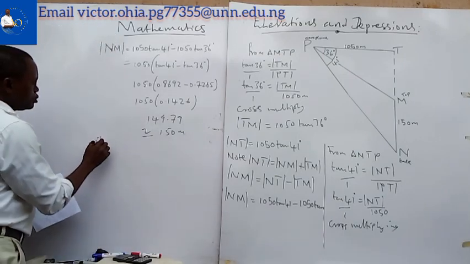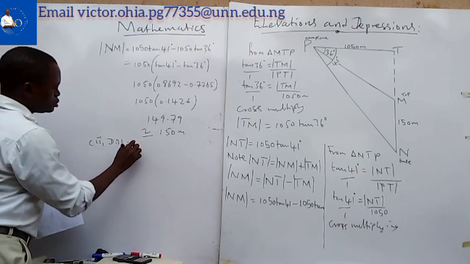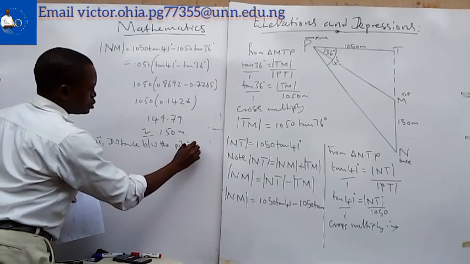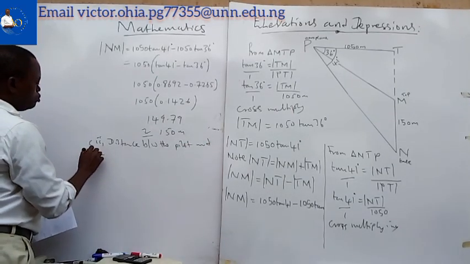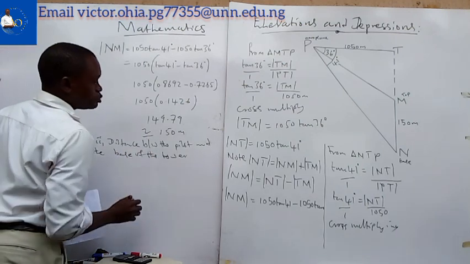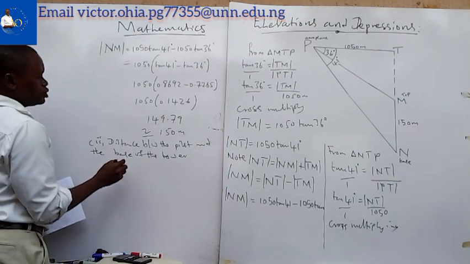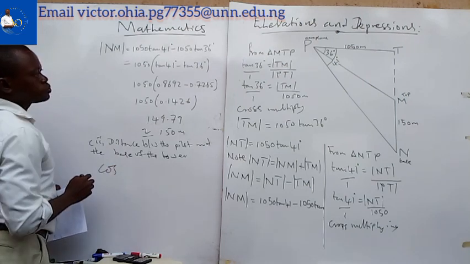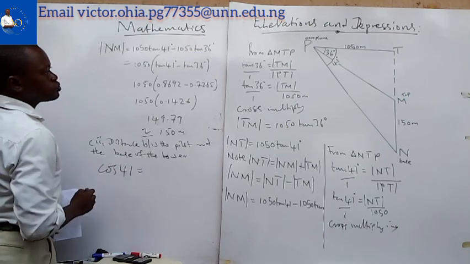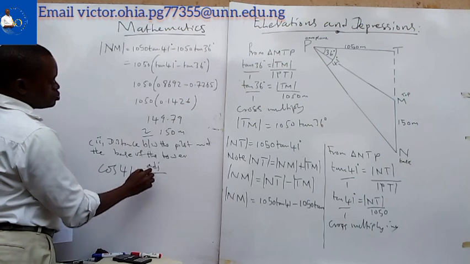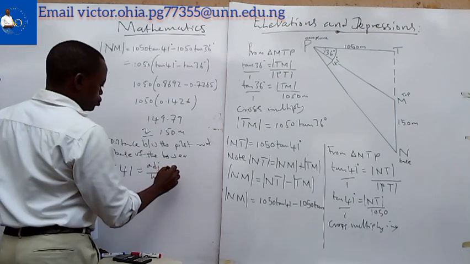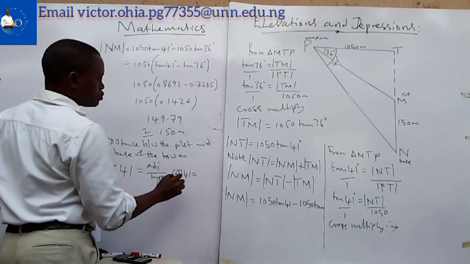So in the second part, the distance between the pilot and the base of the tower, the base of the control tower, I will be using cos 41, which equals adjacent over hypotenuse. Do we get that? So cos 41 equals to,